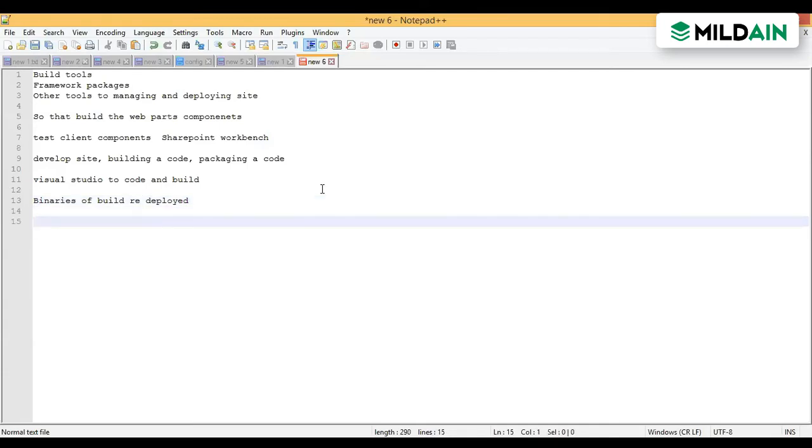We call that packaging, and we have different tools for it, like the npm package. This is one tool.